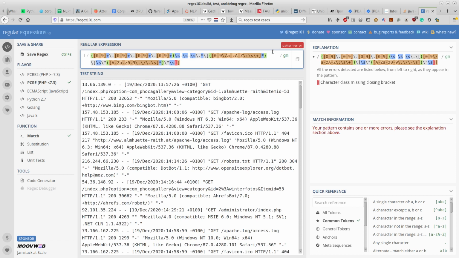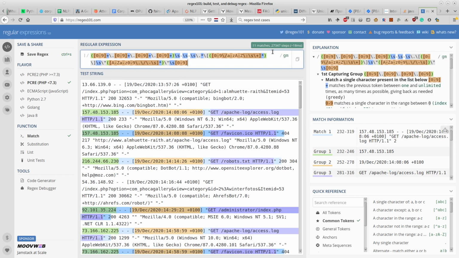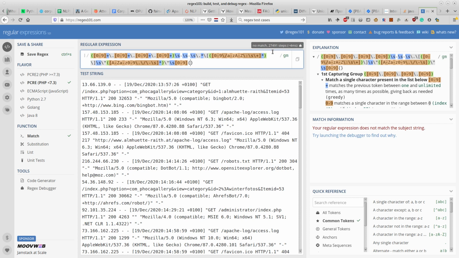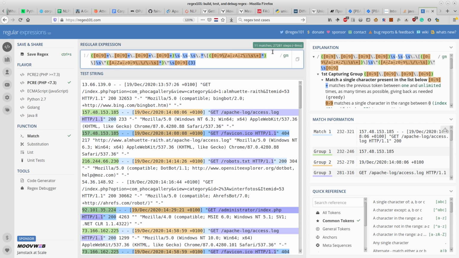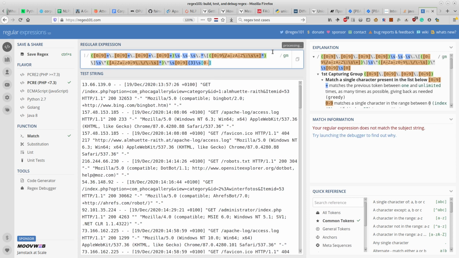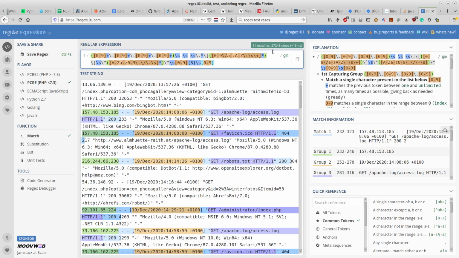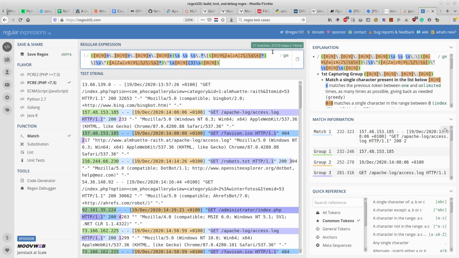We can get the codes, but it's not very interesting. It's only 3 values because this is the code. Then we have space, and then we have different numbers, and this will be the size. We are interested in the size. Yes, we want to have size, and size will be this. So we have the size, then we have space,